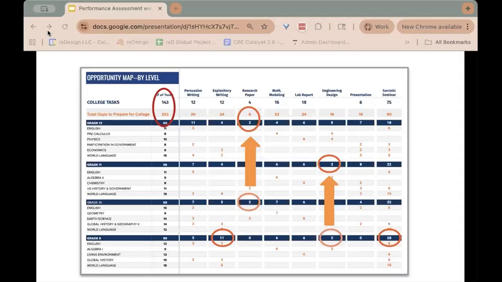I want to show you how we built this because one of the things about competency-based education is it requires coordination across disciplines and grade levels. Or if you don't have disciplines, if you have interdisciplinary teams, even so, people need to begin making visible to each other what kinds of performance assessments they are doing with young people.